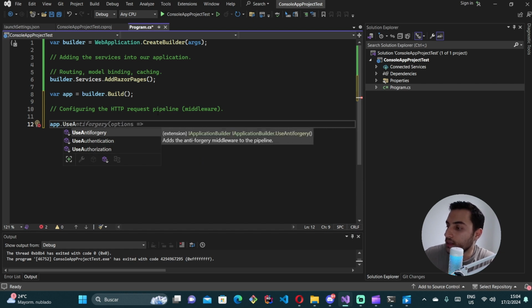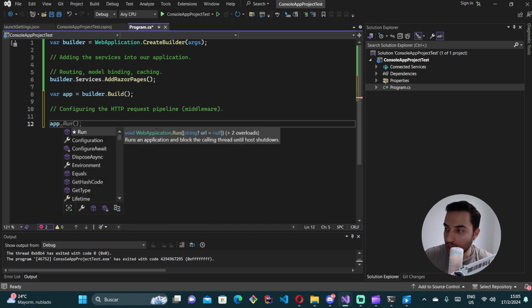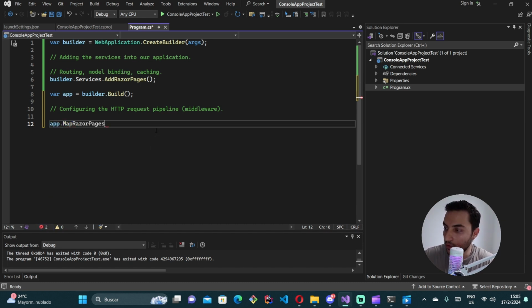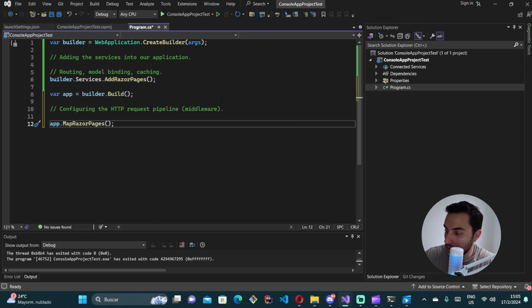So there's a lot of things that the framework gives us out of the box that we can use, but for now we are just going to use one specific middleware that is going to help us to configure and build correctly the Razor Pages application, which is the following: app.MapRazorPages. As simple as that. So as you can see, it says add endpoints for Razor Pages to the IEndpointRouteBuilder, which in other words basically specifies that